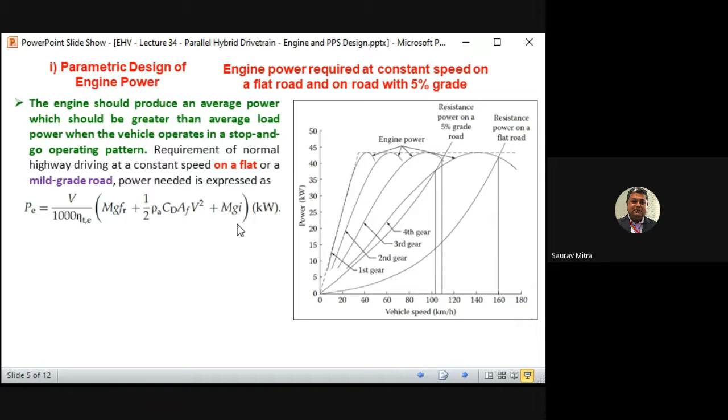So this is all the power required for the vehicle to overcome, and then it goes forward for traction. At least this much power the engine has to produce. All the losses are shown here: this is the rolling resistance loss, this is the aerodynamic drag loss, and this is the inclination loss or gradability. Whatever PE is produced has to be greater than that. The more PE compared to this, the higher the value of V, so V is directly proportional to PE. This is in kilowatts.